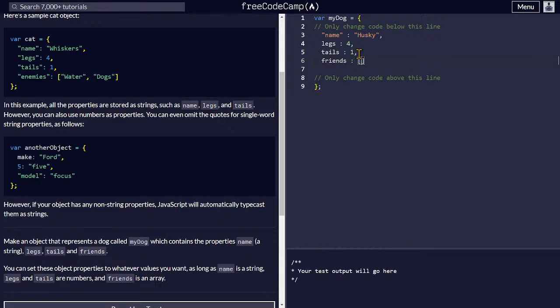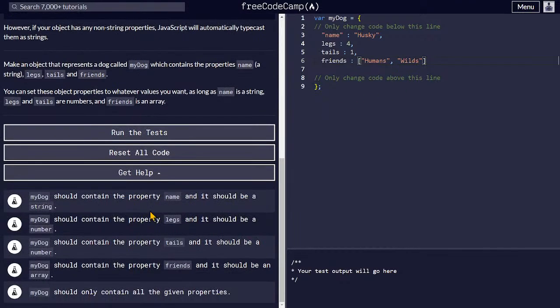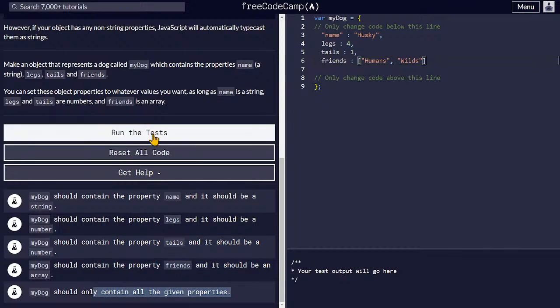Friends are humans, and humans and wild animals, like this. So which is good. myDog should contain the property name, and it should be a string. Legs should be a number, tails should be a number, and friends should be an array, containing all of the given properties. If you run the test,